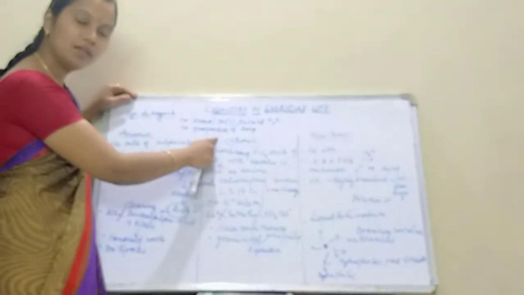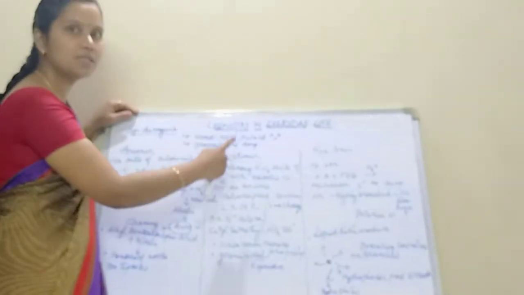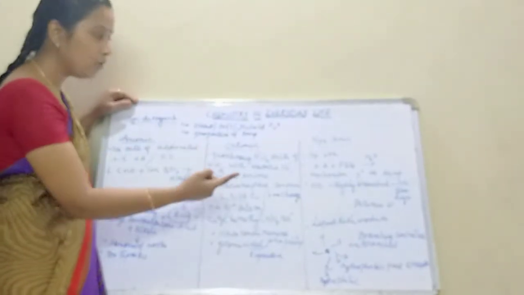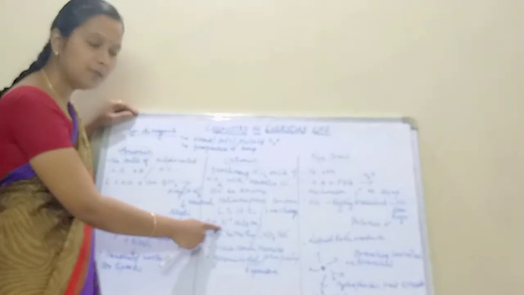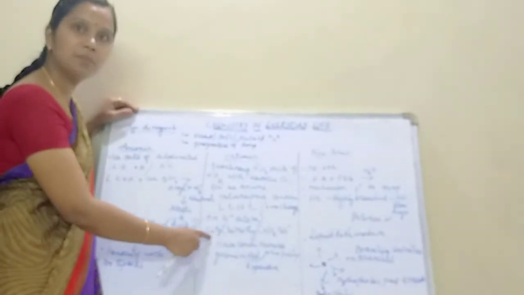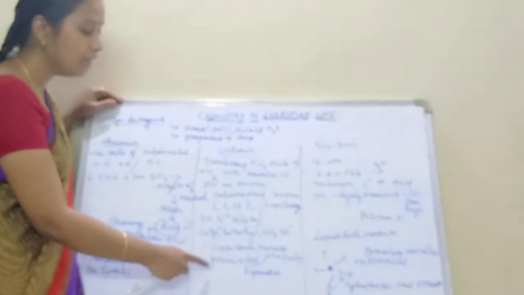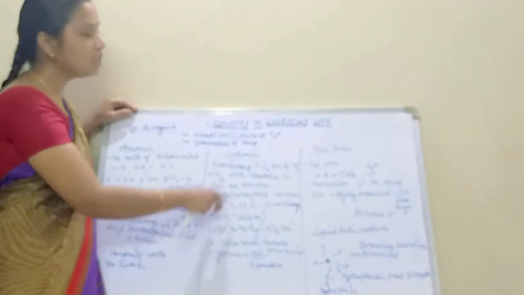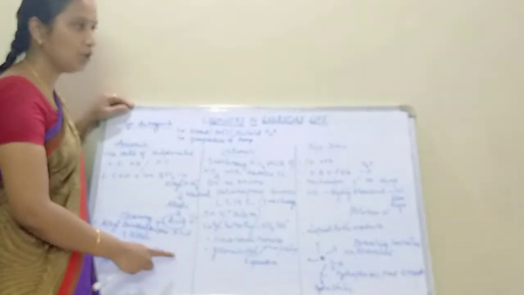What are cationic detergents? They are quaternary ammonium salts of amines with acetate, chloride or bromides as anion. What is cation? Cationic part will be containing a positive charge on the nitrogen atom. An example is cetyl trimethyl ammonium bromide, which is used in hair conditioning, as well as they have germicidal property, which is expensive. So the usage of cationic detergents is limited compared to anionic.